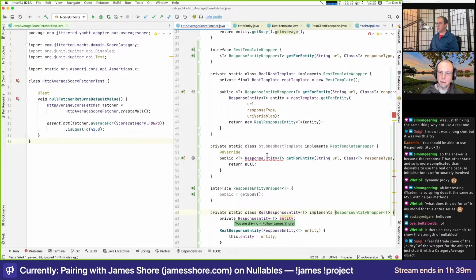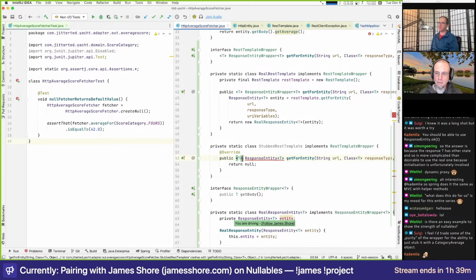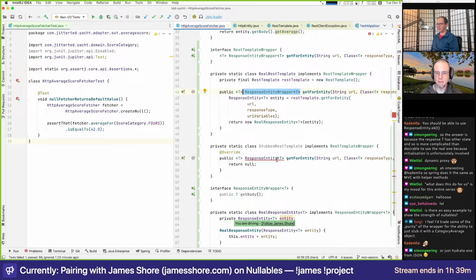Yes. So we're getting a lot of disgust in the stream chat, and I think that is perhaps justified. But let's go ahead and take this all the way through, do a pure implementation of it, see what it looks like, and then improve it. So here's where the problem is. If we change the REST template wrapper, we've changed the return value on what's supposed to mimic the real thing. Yeah, no, I think we're still fine. If you make line 53 return a response entity wrapper,